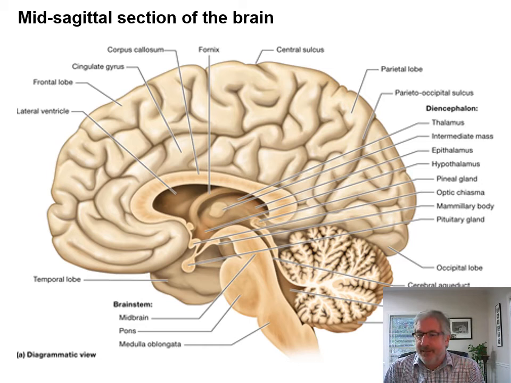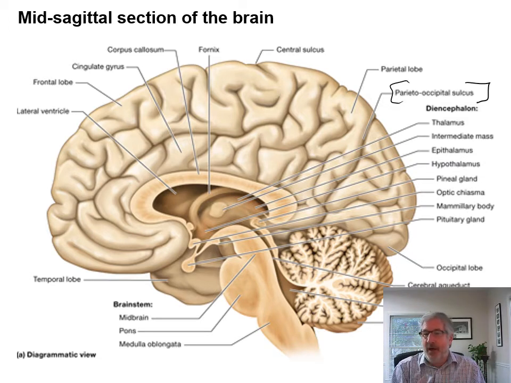So this is the median surface right down the middle of the longitudinal fissure. You have the gyri and sulci. You can still see those. One major sulcus that you can see is this one right here, the parieto-occipital sulcus. Parietal meaning parietal bone or parietal lobe, and occipital, the occipital lobe. That's the sulcus that goes down between those. You don't see that on the exterior or lateral portion of the brain or the superior portion, but you do see it on the medial portion.